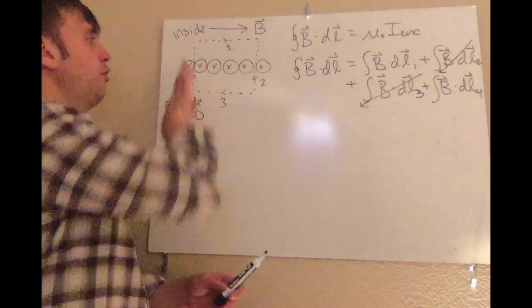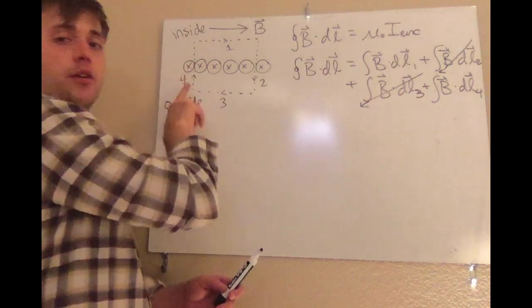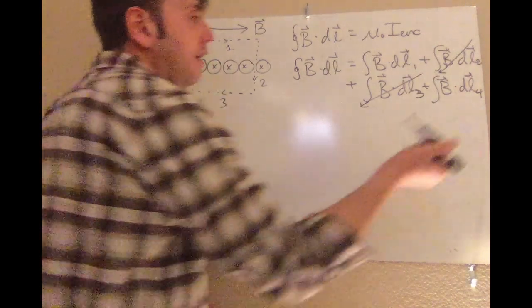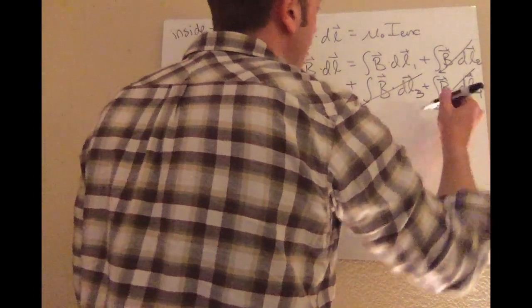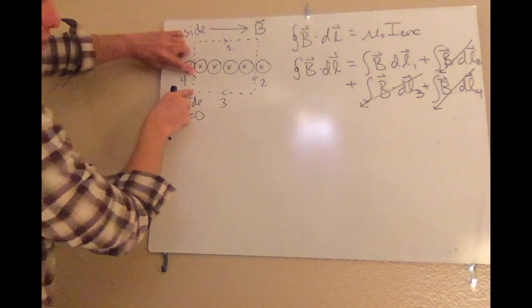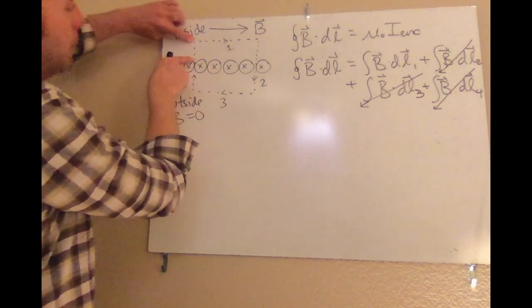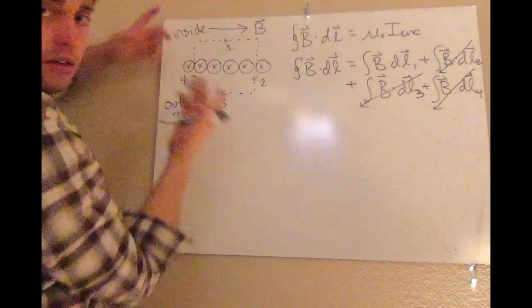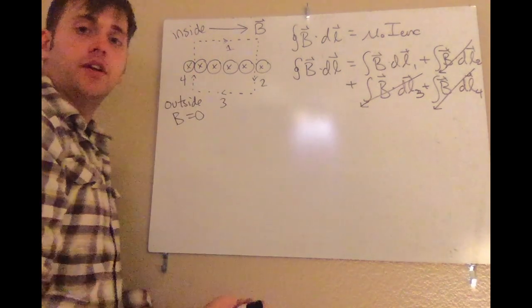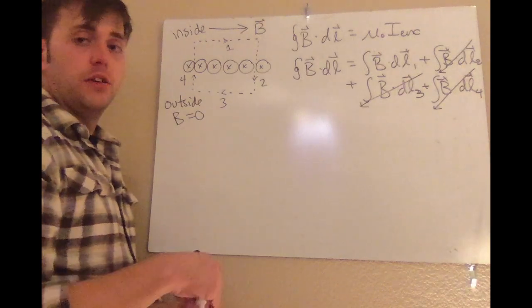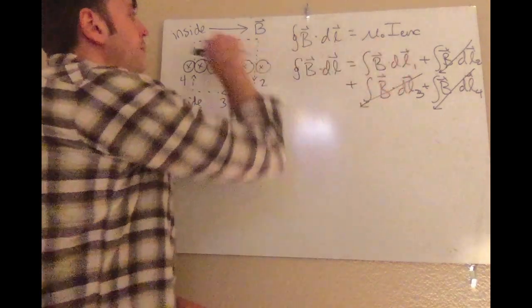As far as the fourth path here, the one that starts here and then goes back into the solenoid, well, that's 0 for the same exact reason, right? There's no B field here, so we're definitely getting 0 for the integral. And then up here, we're going perpendicular to the B field lines, which guarantees that the integral of B dot dl goes to 0. So the only part we have to think about is the first part,